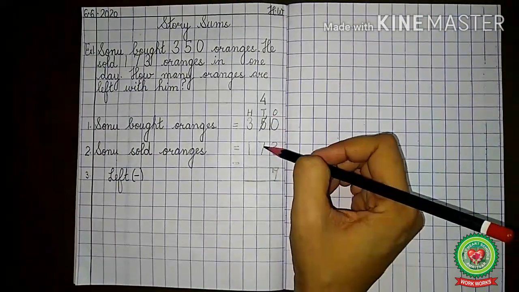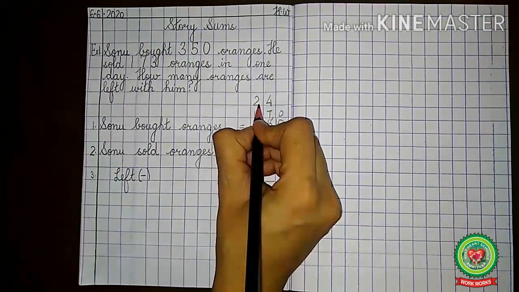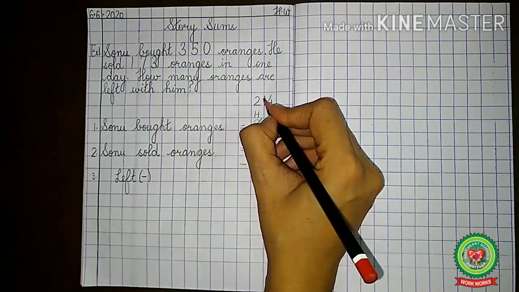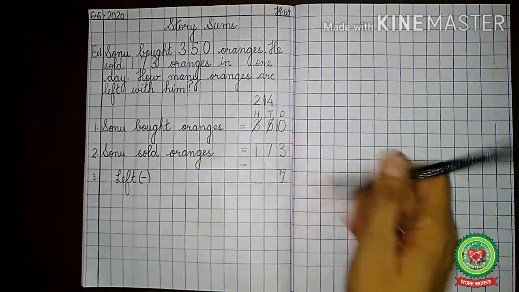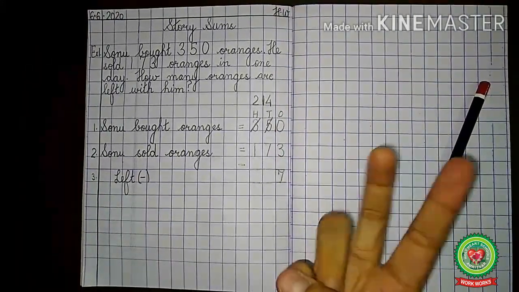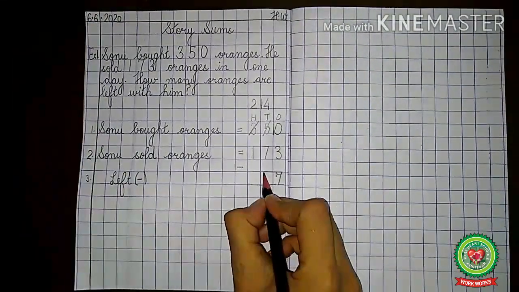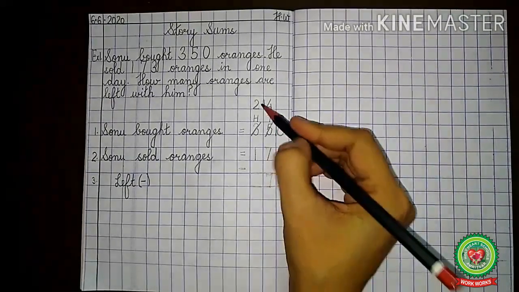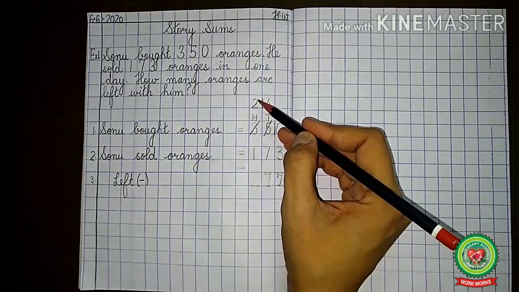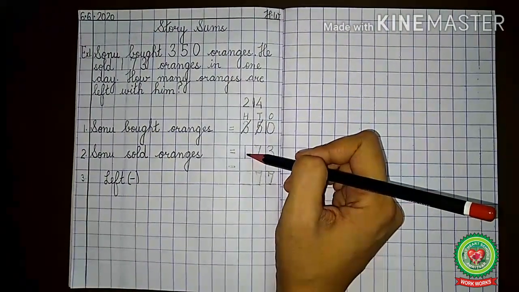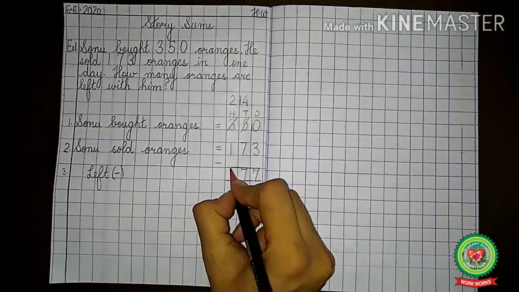Now can you subtract 7 from 4? No. Now we will cut 3, make it 2 and 4 will become 14. Now again, start after 7, stop at 14. After 7, 8, 9, 10, 11, 12, 13, 14. How many fingers? Again 7 fingers. Now, can you subtract 1 from 2? Yes, we can because the upper digit is the bigger digit. Now start after 1 and stop at 2. After 1, 2. Only one finger. So answer will be